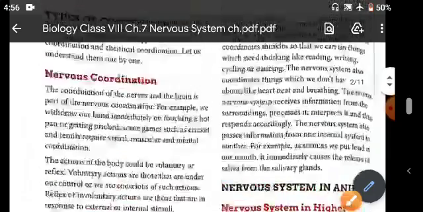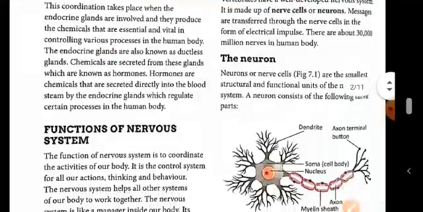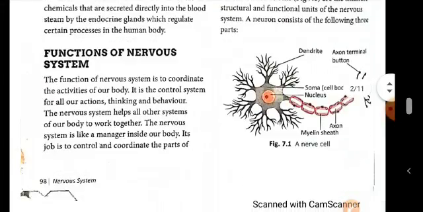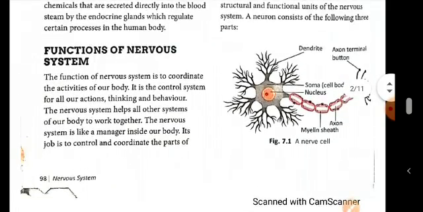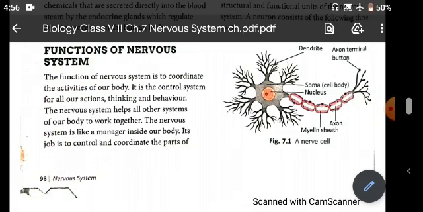So two types of controlling you have seen, nervous coordination and chemical coordination, and thereafter the function of nervous system, how your nervous system works. Now the function of nervous system is to coordinate the activities of our body. That means this nervous system coordinates the activities which are performed in the body. It is the control system of the actions,